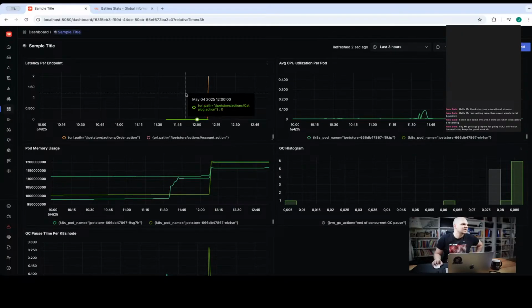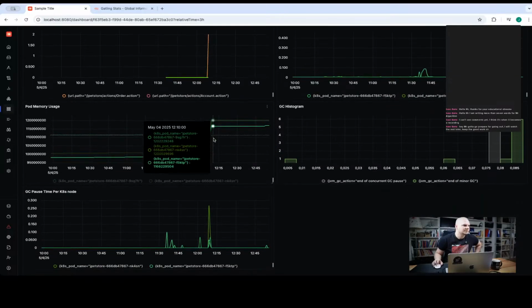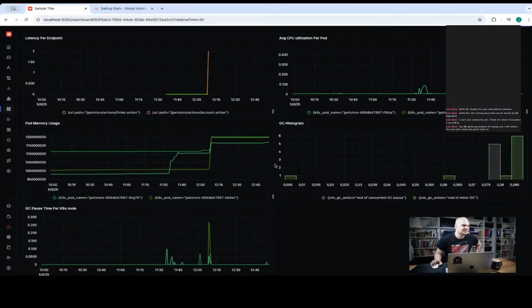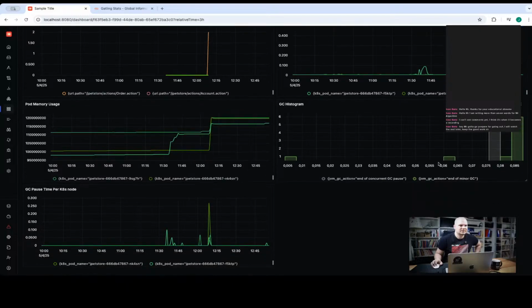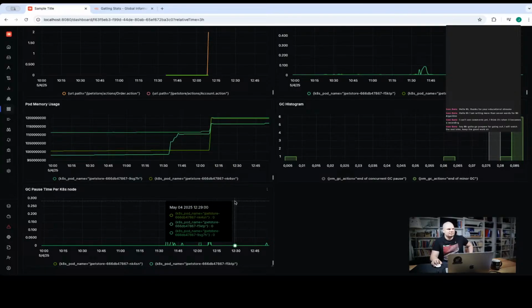Okay, so we have here the latency per endpoint. We have the average CPU utilization per pod. We have the pod memory usage. I'll still try to figure out some metrics, probably more JVM-specific metrics rather than having the pod memory usage. In terms of JVM,